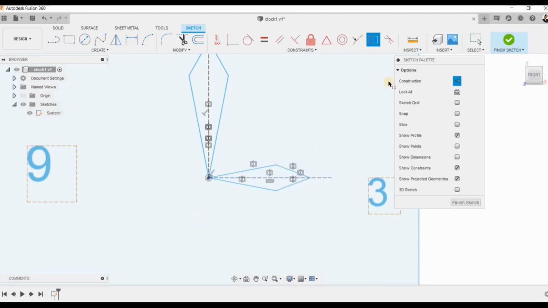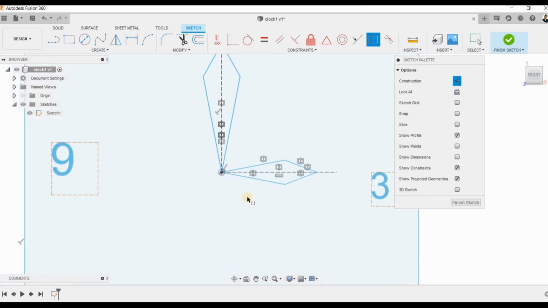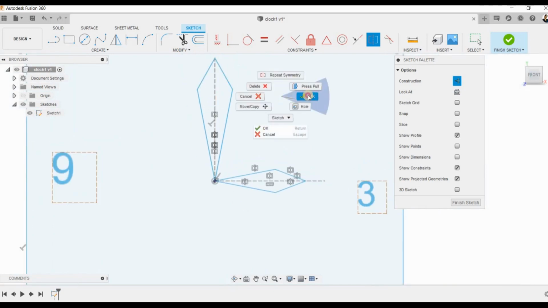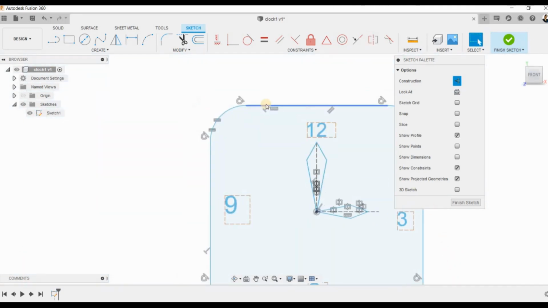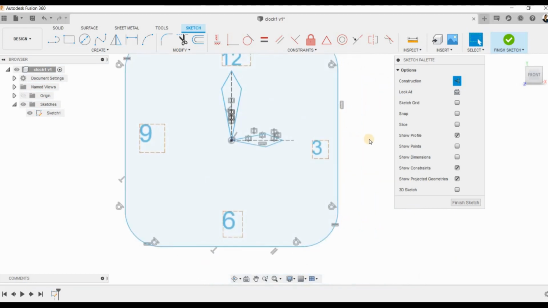So first select the two lines which have to be symmetric, and finally select the line about which they have to be symmetric. That is a construction line. This way also you can create this hand. Now I can see that this is not exactly in the middle, so I can just move it